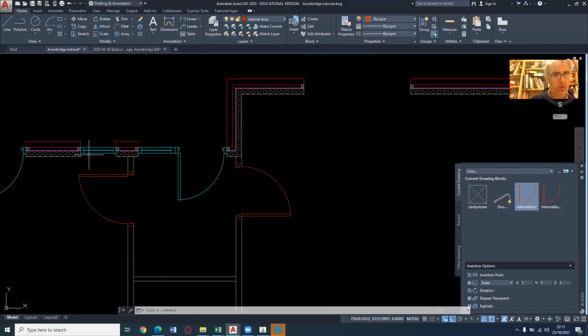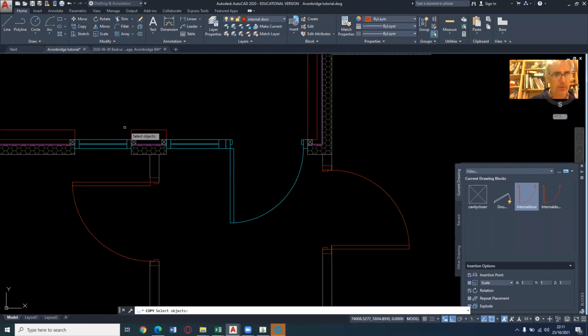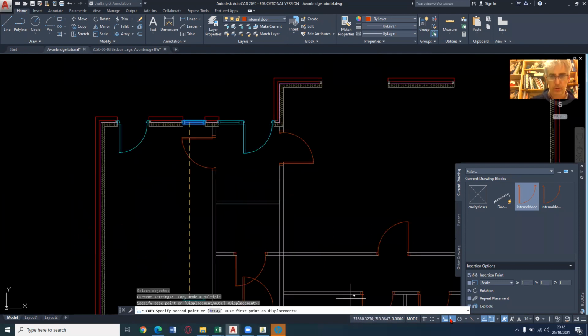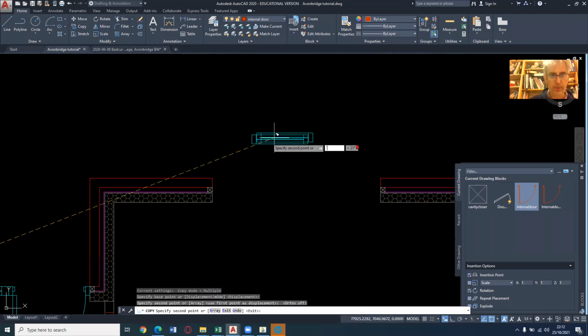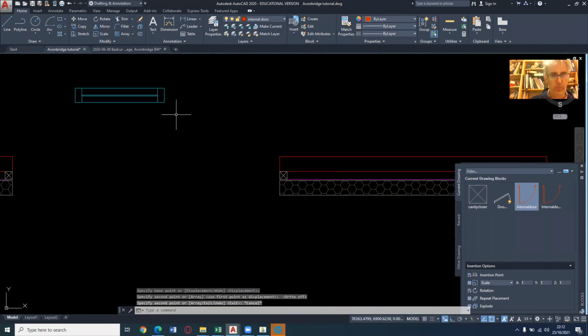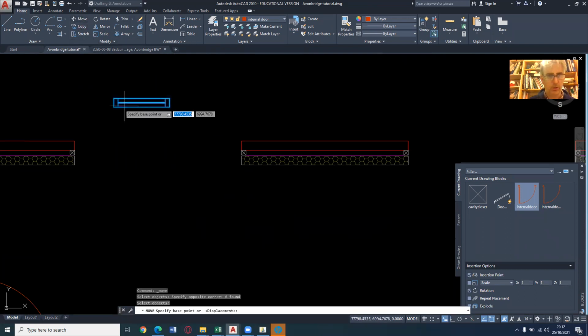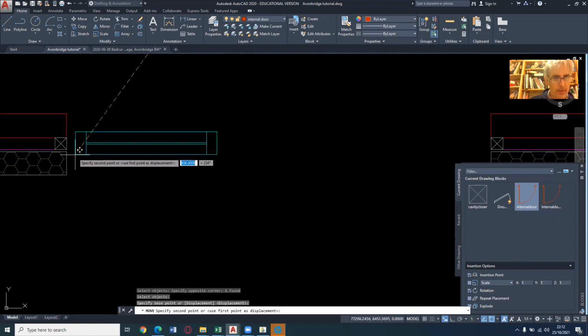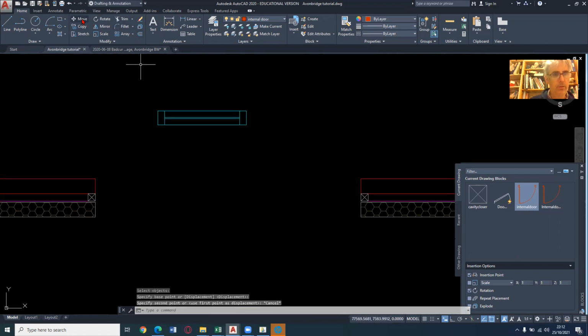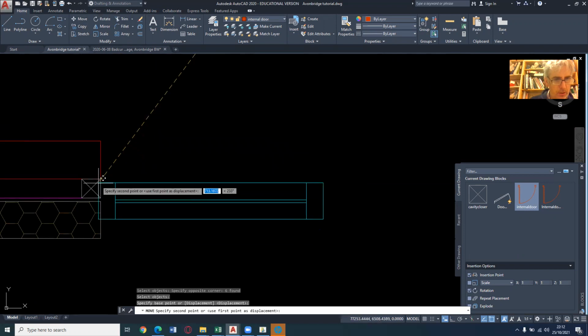So I'm just going to use one of these windows, and I'm just going to copy that in its entirety out into the screen here, just to allow me to work on it. Okay. Now I can use that window, and I can just make it a bit longer by doing a stretch command. Okay, so I copied that over to here. What I'll do is, first of all, I'll move it into place on one side. In fact, I'll use the other. So move. And I'll use this particular